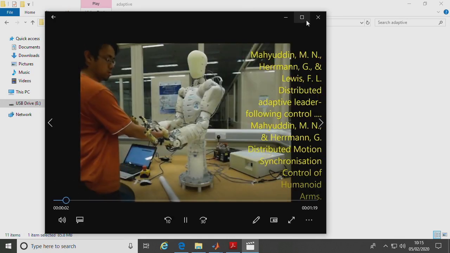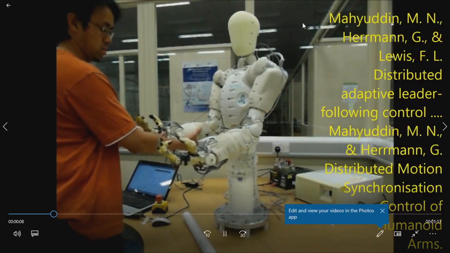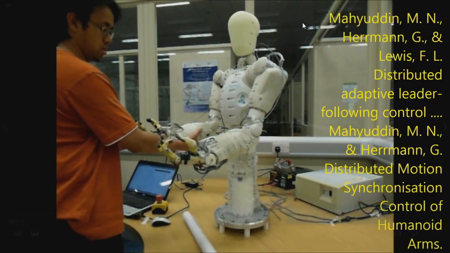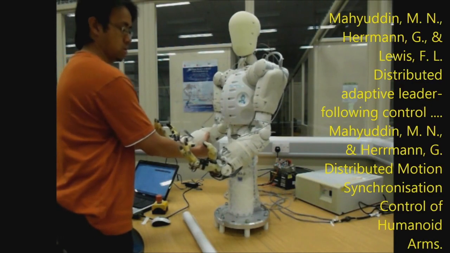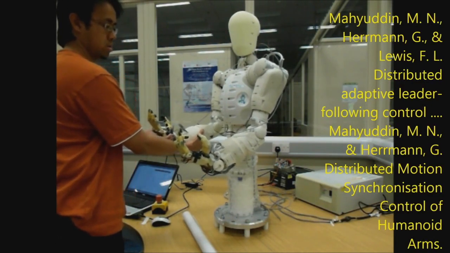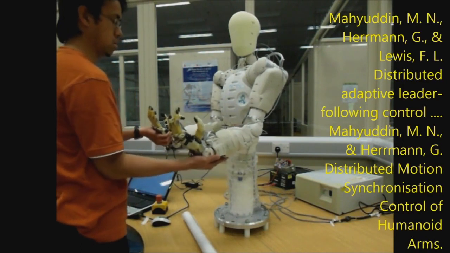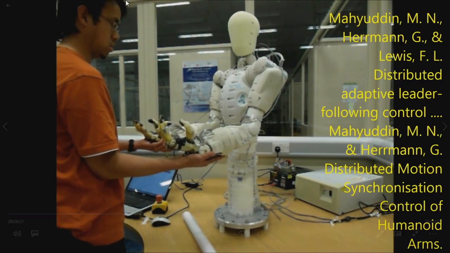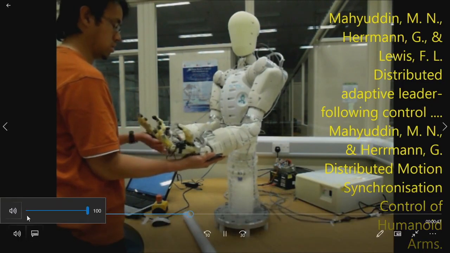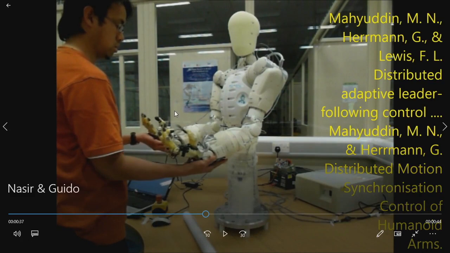So this is a former PhD student of mine. He is now in Malaysia. He's an academic there, and he worked with me about 5-6 years ago on this kind of work, where we used a mix of feedback linearization plus so-called agent-based control. I mean, there are colleagues of mine who also do agent-based control. This is a bit of a strange example in the first place.